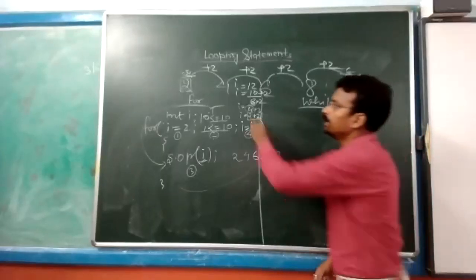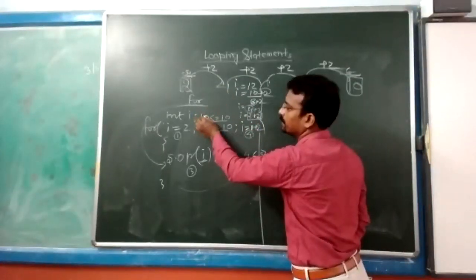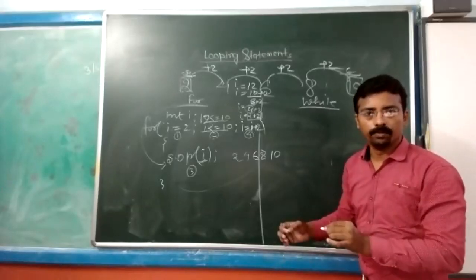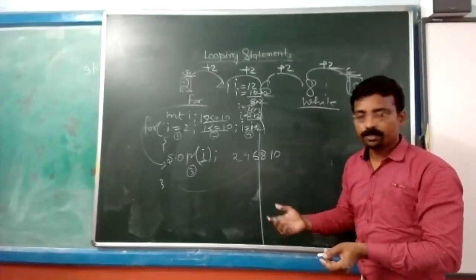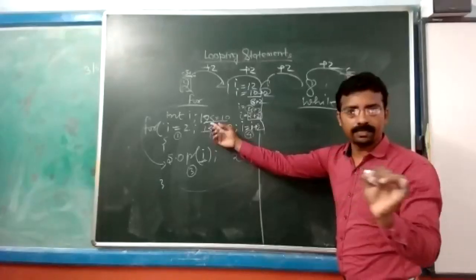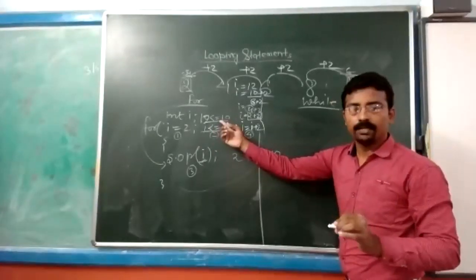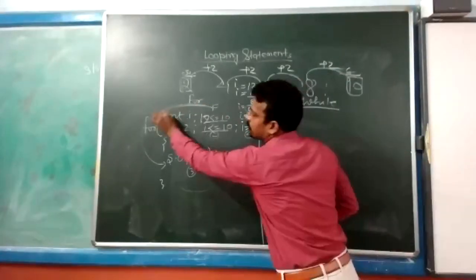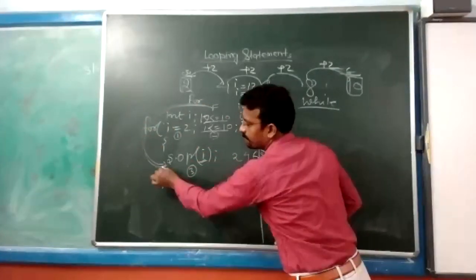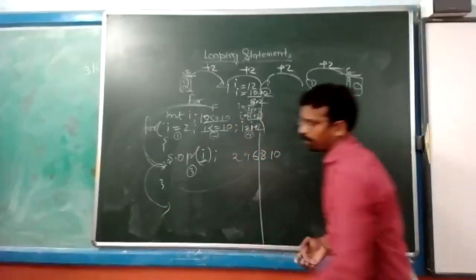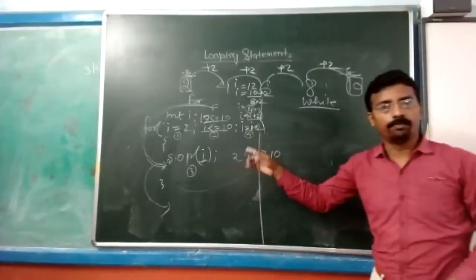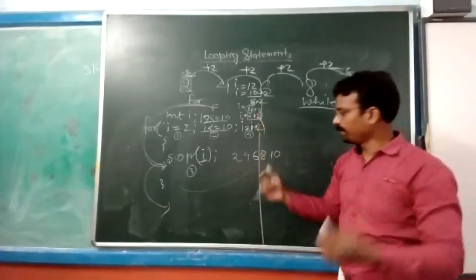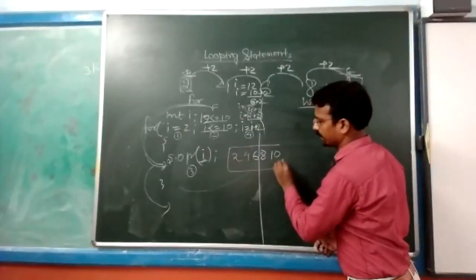And then what is happening? This I is transferred here, 12 less than 10. Yes or no? Surely not. 12 will never be less than 10, not equal to 10. So the condition will be false. Now due to false, control will not go inside, but will terminate the loop. Terminate the loop means it comes outside of the block. So what will be the result? 2, 4, 6, 8, 10.